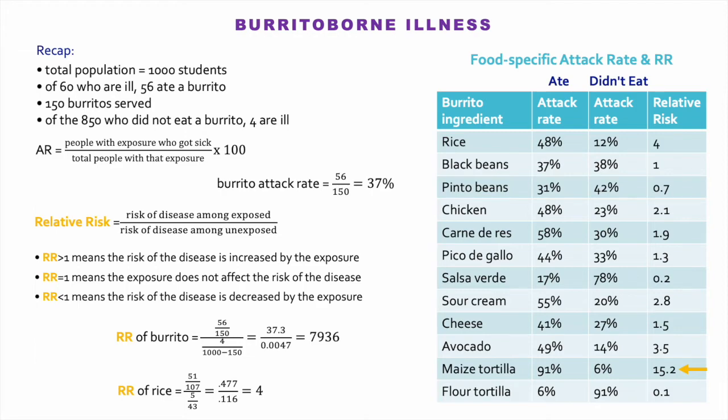Circling back to the steps of an outbreak investigation, after we identify the causative agent, we would recommend or implement control measures. In this example, discarding the rest of the maize tortillas at the restaurant and not buying from the same supplier would probably be sufficient. For other outbreaks, control measures may include sanitizing equipment at food processing plants, providing bathrooms beside